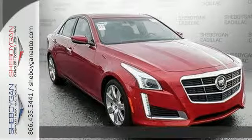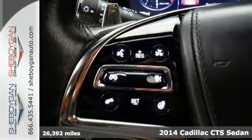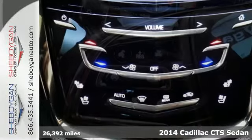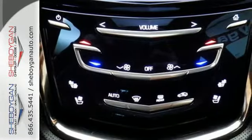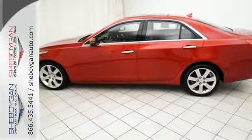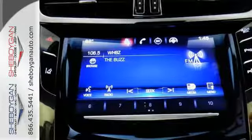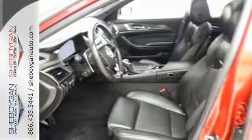Here's a 2014 Cadillac CTS. Stunningly refined and meticulously crafted, the CTS employs lightweight design techniques that make a larger and lower, yet still lightweight car. With standard climate control, power front seats, and a reverse sensing system, the journey will be as comfortable as